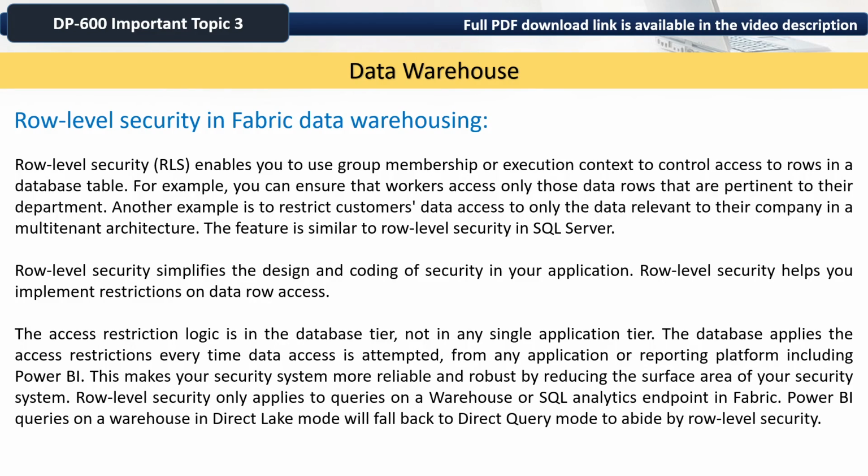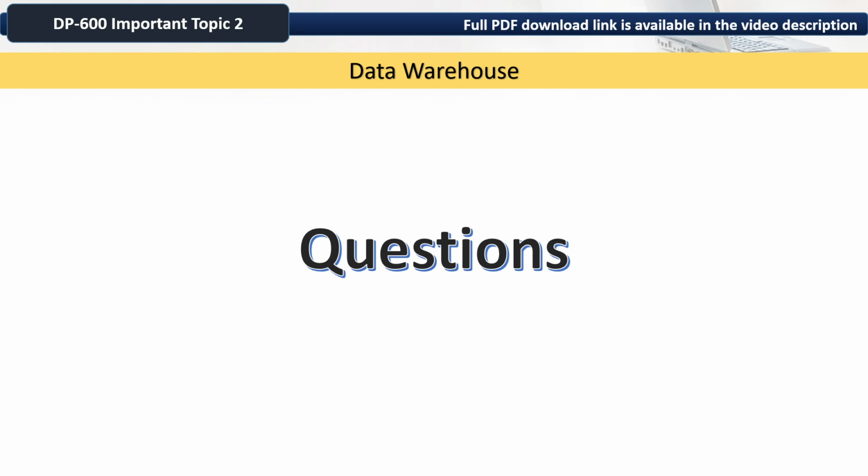Row level security only applies to queries on a warehouse or SQL Analytics endpoint in Fabric. Power BI queries on a warehouse in direct lake mode will fall back to direct query mode to abide by row level security. To the questions related to the same topic,